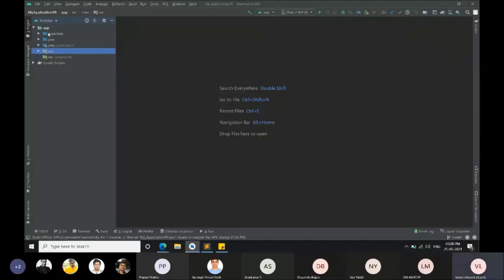Primarily, we have to focus on three things: manifests, Java, and RES. In the RES, we have layouts. In these layouts only, we will create our UI, the buttons or text boxes or checkboxes or radio buttons, or the complete UI will be developed in this RES layouts.